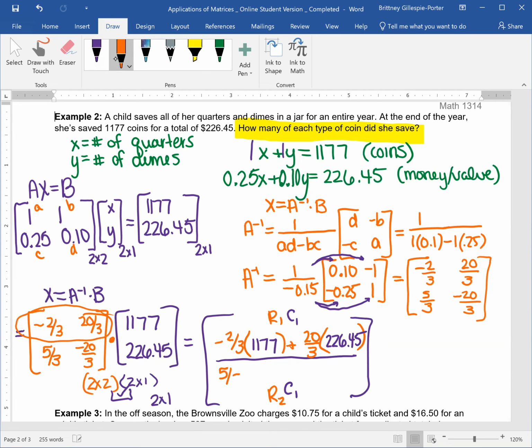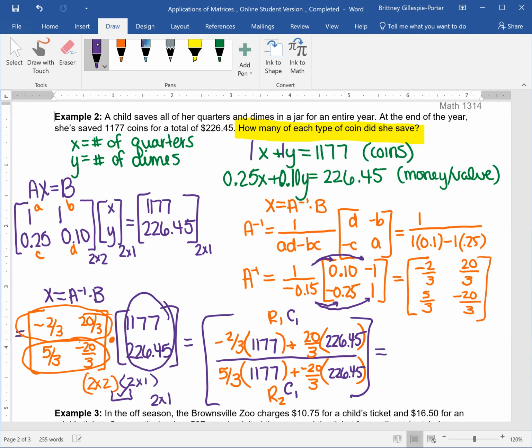And now we're going into our second row, 5/3 times our 1177 plus negative 20/3, since we're multiplying by the column, 226.45. When you do this in your calculator, you should wind up with 725,